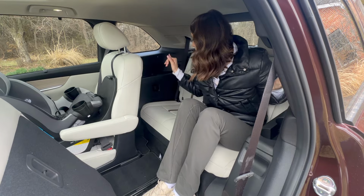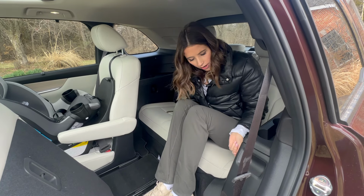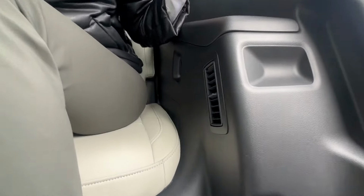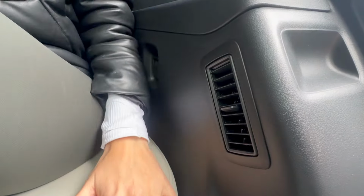Amenities, I've got USB-Cs on both sides, 2 cup holders. And then if you look, my vents are down here, which is kind of a unique spot for vents. I haven't really seen that before. So anyway,